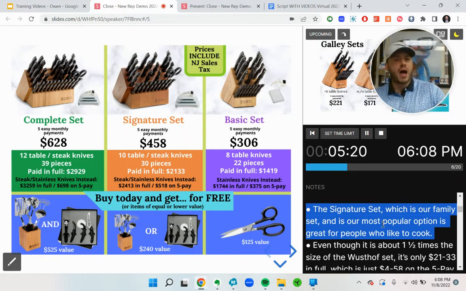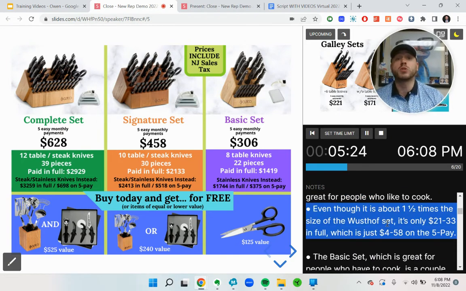The signature set, which is our family option, is our most popular family set. It's our most popular option. It's great for people who like to cook, and even though it's 1.5 times the size of their set, it's only $21.33 paid in full, which is just $458 on the 5 pay. That's like a cell phone bill for a family of 5. If you're on Verizon Unlimited, it's like an extra cell phone bill for 5 months, and they would never buy